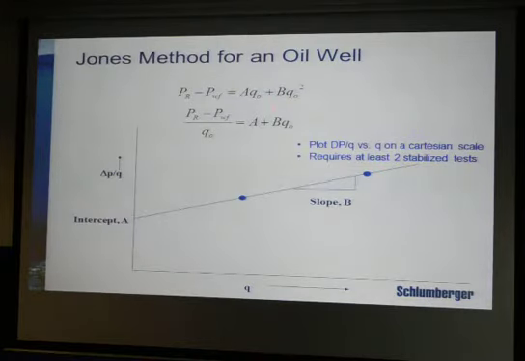You basically get the values from the field of PR, PWF and Q, and then we solve for A plus B in tests. Basically, we do tests on a well to solve all these equations and to get the value of A plus B. To solve this, in Jones method we draw a graph of del P by Q versus Q and get the slope and the intercept. Simple maths, class 9, even class 6 maths, of intercept and slope, get the values of A and B. Just remember, for this we go for 2 stabilized tests to get the values of A and B.